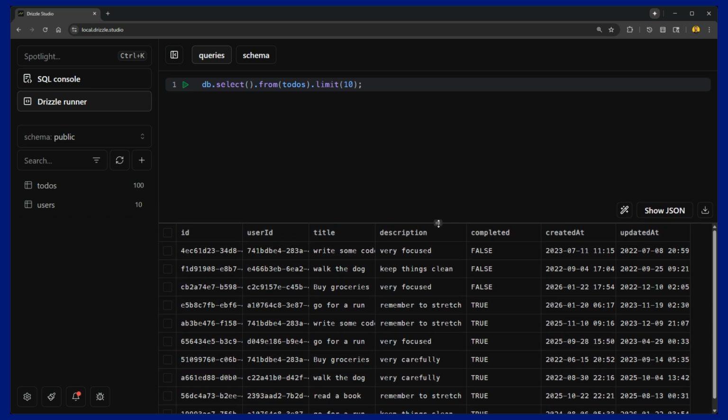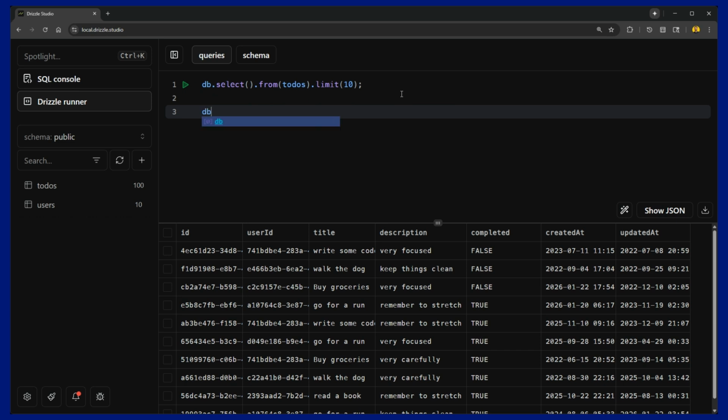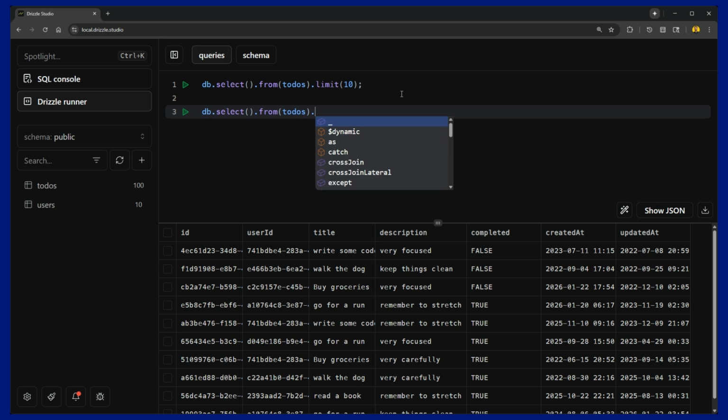Now, for this app, I want to have two queries that I want to build out. One would be to get all of the to-dos by a user ID, and then the other one would be to insert a to-do for a user. So let's go ahead and see if we can build those queries out here. And let's start with getting to-dos by a user. Think of this just like regular SQL. So we can do database.select, and then we can choose from our table, so our to-dos table, and then I want where